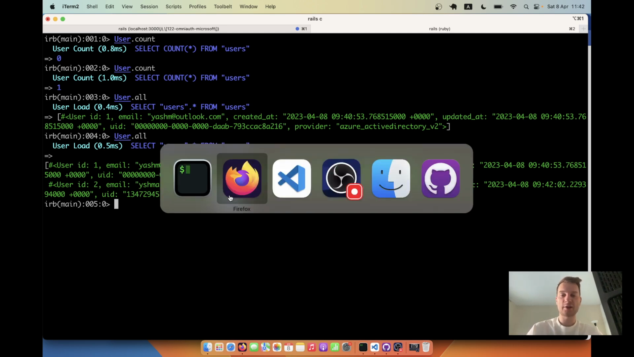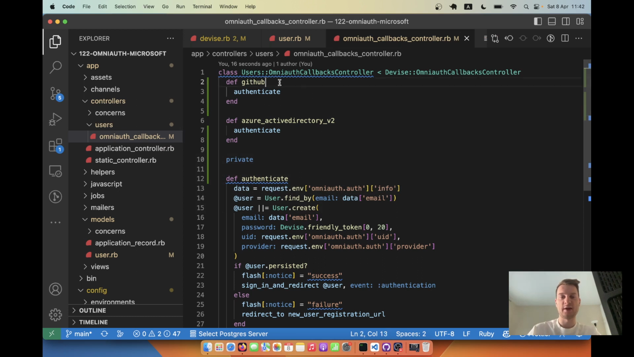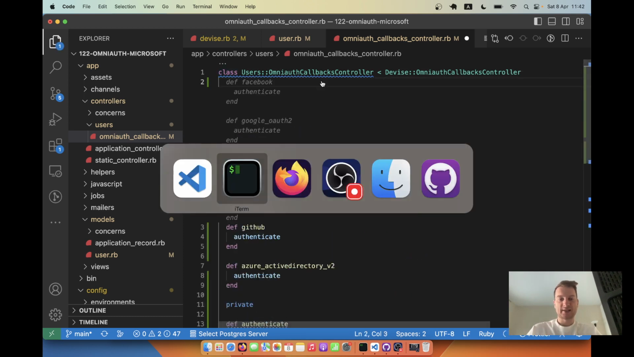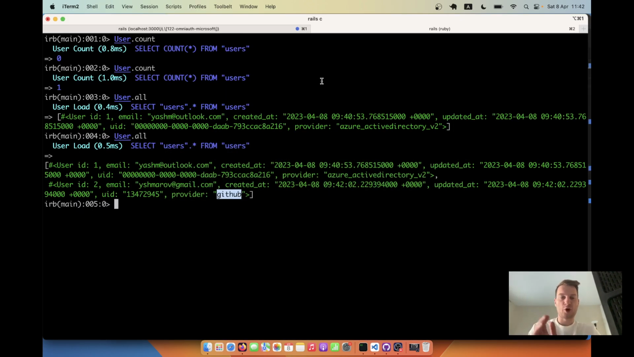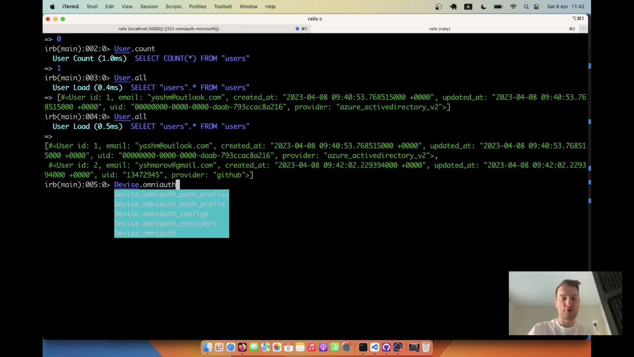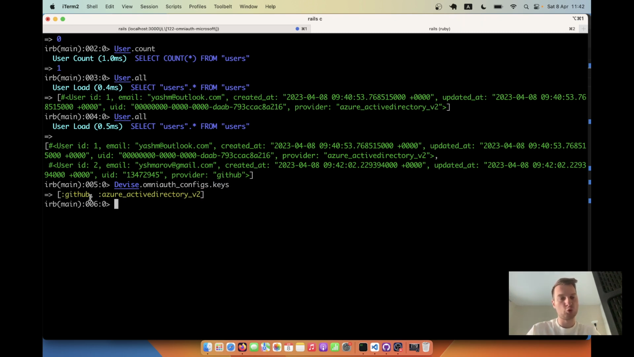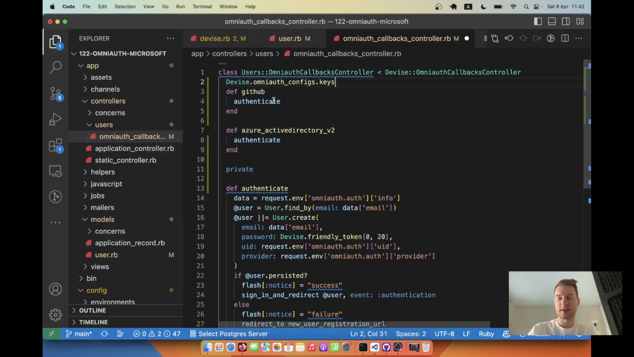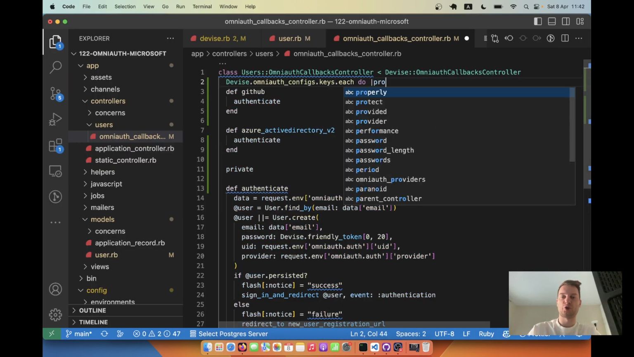So it worked. And just to improve this method a bit, to make it a bit more usable for us, not to have to create a separate action for each provider, we can do something tricky. Let's see. So how can we get all the omniauth providers that we have? We would say Devise.omniauth_configs.keys. You see we have two providers. So I would just get all the keys. I would say .each do |provider|,